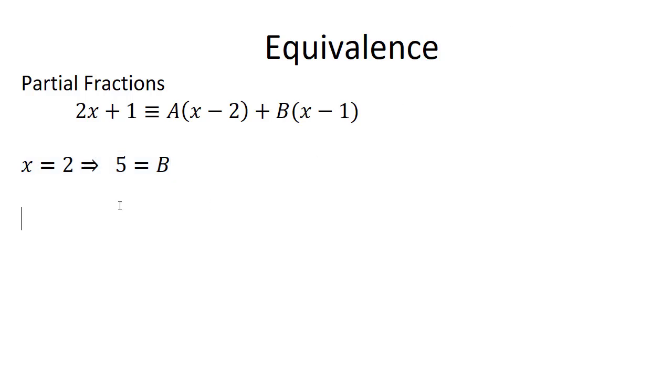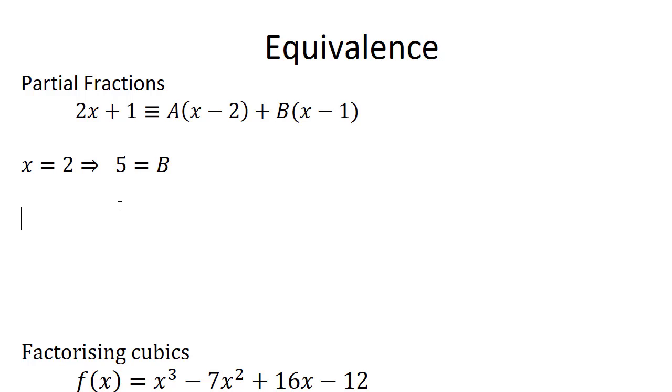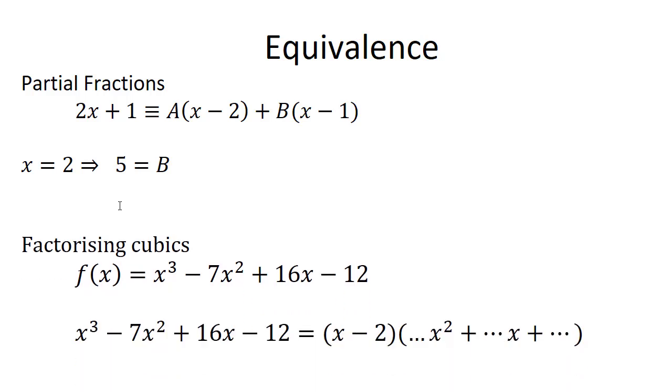The other thing you will see is something like factorizing cubics. You're asked to factorize this cubic, and you're told that one of the roots is a convenient low integer, because this is the only way we can do it. So we guess x equals 1, and we work out what this is, and we're looking for it to equal 0. When you put x equals 2 in here, this adds up to 0,